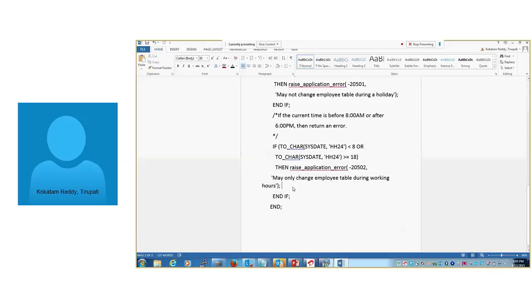If you want, you can put it like: may only change bank table during working hours.